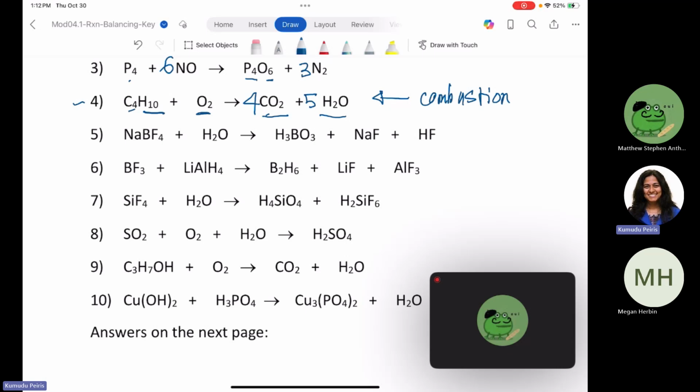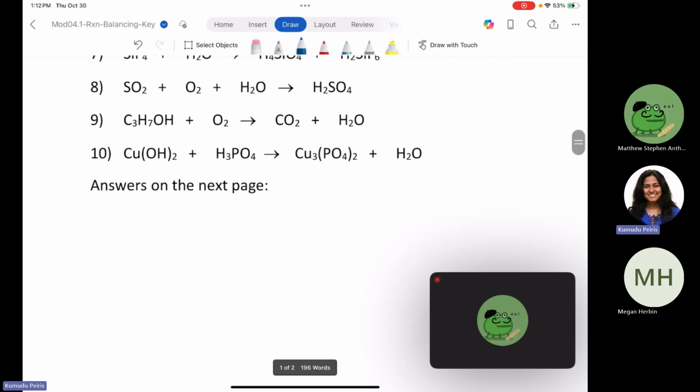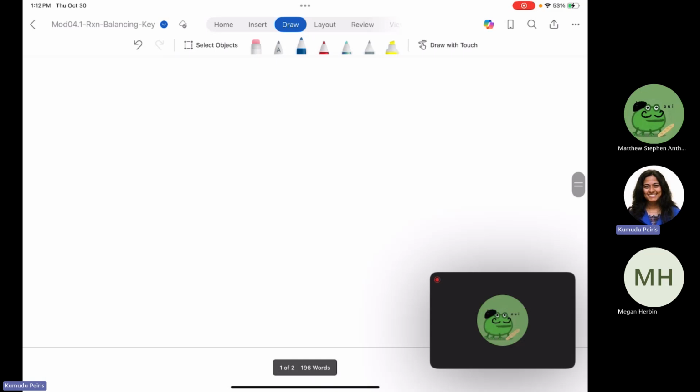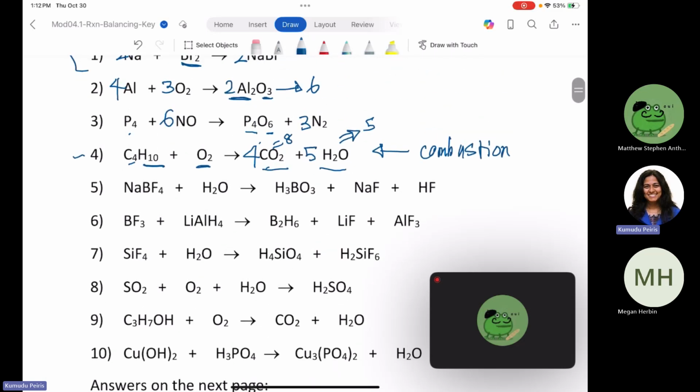Now let's count the total number of oxygens on the product side. With 4 carbon dioxide molecules, it brings 8 oxygens. With the 5 water molecules, it brings 5. So what's going on now? Yes, we have 13 oxygens, right? So here we have to add the 13 here,